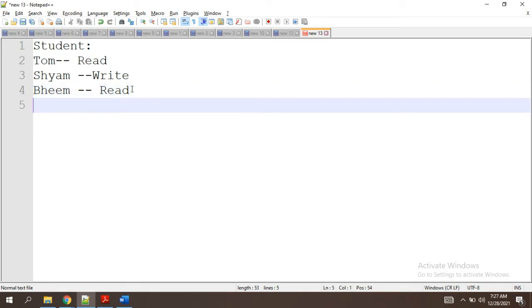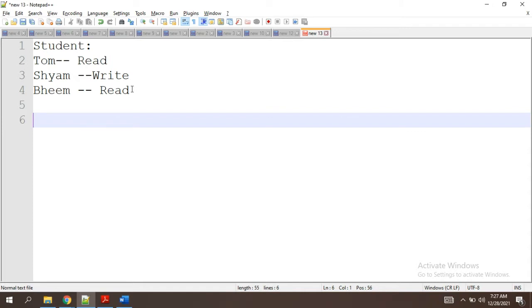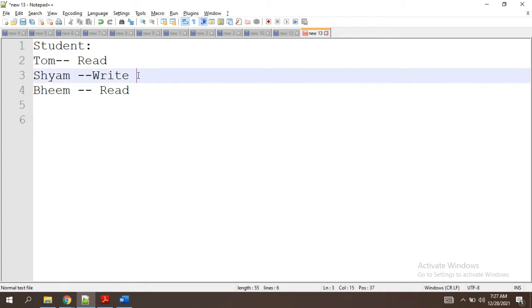But now we got another requirement that in the student object, Sham should be able to see only a few. No, wait. So now we have created two departments' profiles.